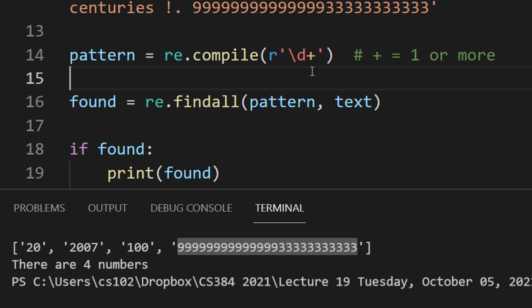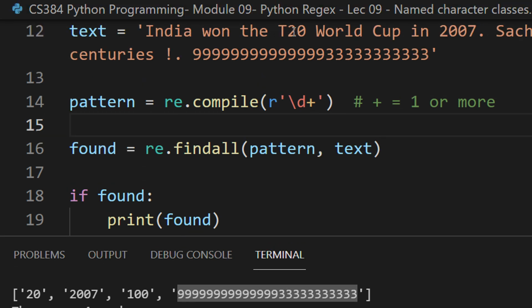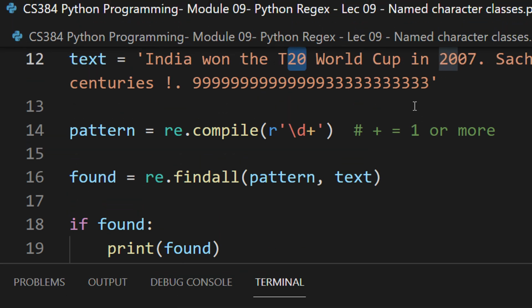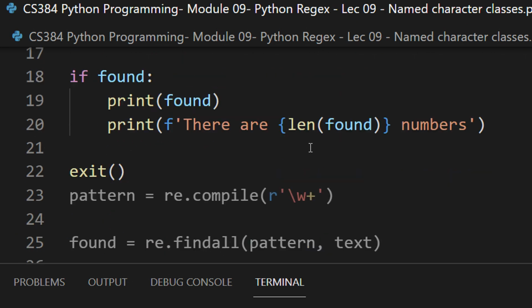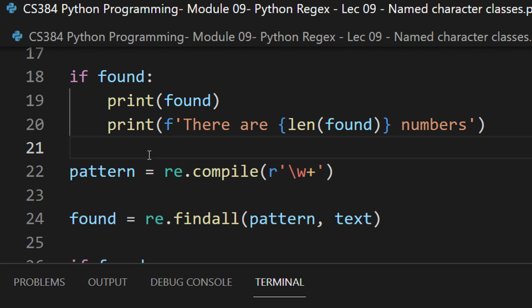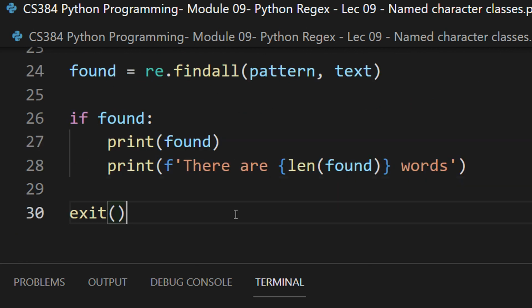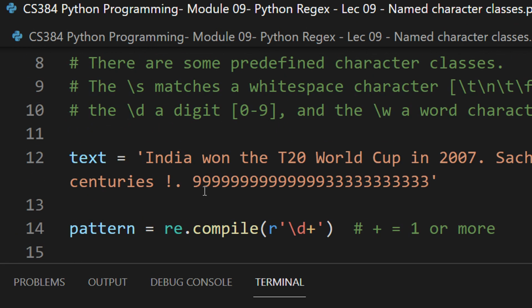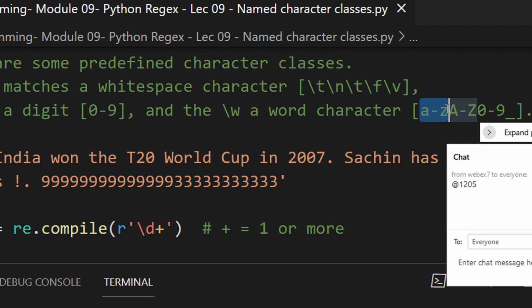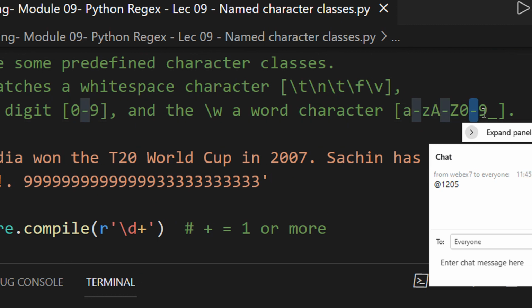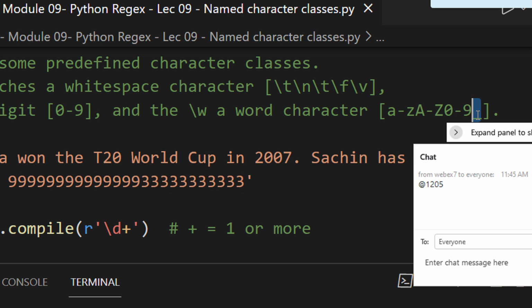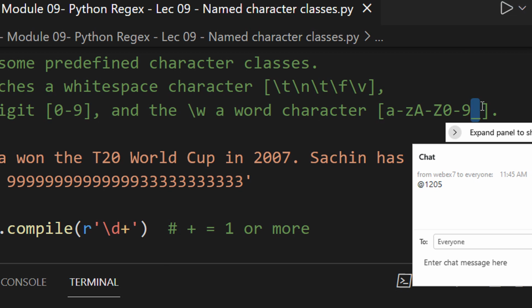So as you can see how powerful regular expressions are. If I just wanted to extract numbers from a given text, I just compile this pattern slash D plus, right? And you basically can get all the patterns which have been matched. Similarly, we can have slash W plus. Slash W plus encounters a very wide variety of characters. As you can see, slash W plus literally matches everything: small a to z, capital A to Z, 0 to 9 and underscore, right? So it does not match special symbols except underscore.